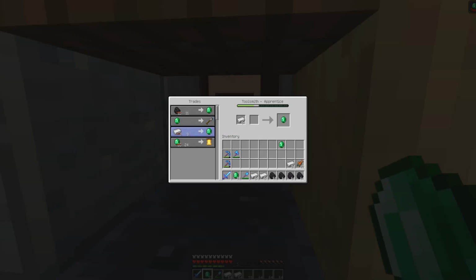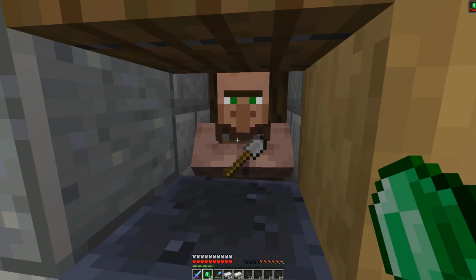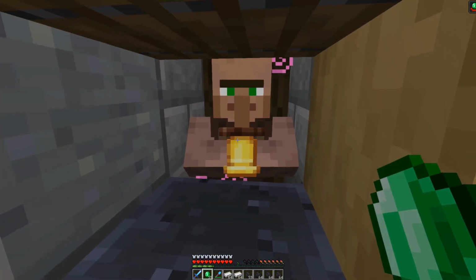Okay, now that we've got hero status, you're welcome, everybody. It's time to trade like a hero. See if we can get a few of these guys opened up all the way. The armors, toolsmiths, and weaponsmiths all still need to be opened up, and they're a little bit pricey to advance